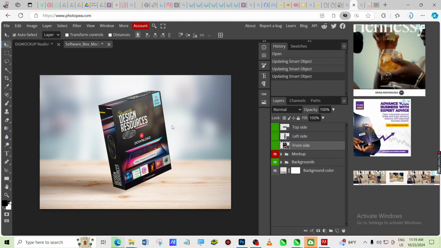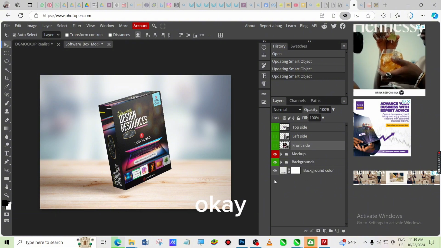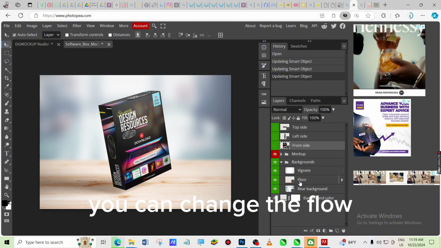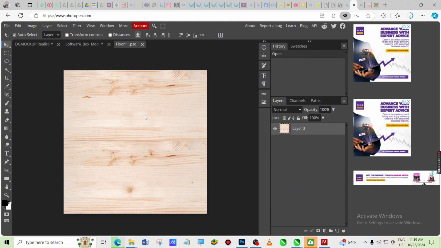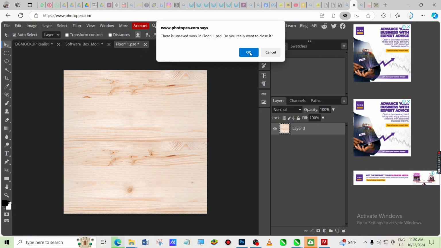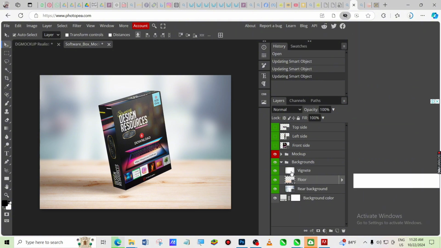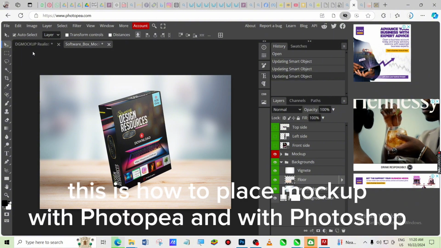Okay. So from here you can change the background. Okay. You can change the floor. All right. Okay. So that is it. This is how to place your